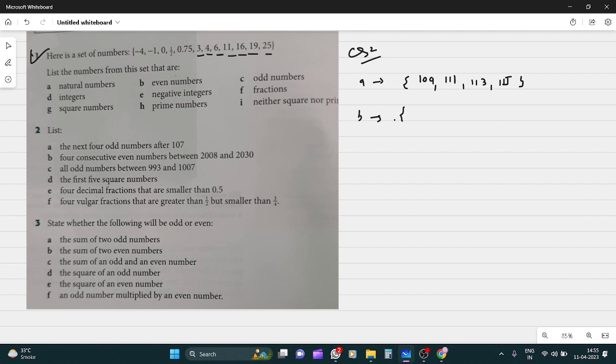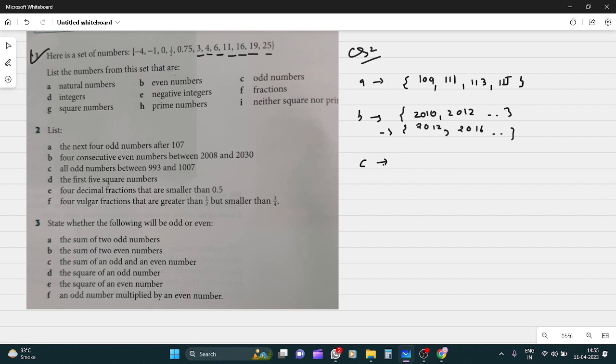There should be a common difference between two numbers. Okay, so we can write 2010, 2012 and so on, right? Or we can write 2012, then 2016 and so on. Okay, so you can write any numbers